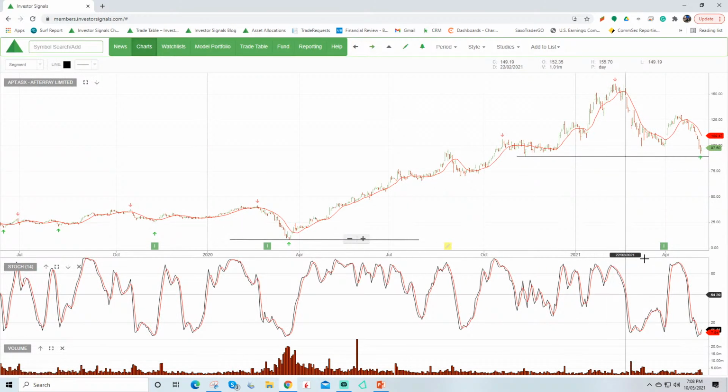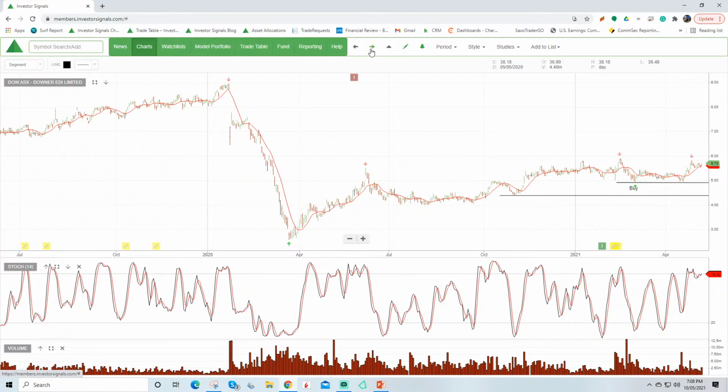Afterpay under algorithm buy conditions, but it certainly is expensive. And the risks here, some investment banks have a price target of $30 on Afterpay, some have price targets of $150. So there's a wide disparity there in what is fair value. But what we do know is that for it to justify these current prices, the company has to essentially double in size over the next 2 to 3 years, and whether that's possible creates some risk. So from our point of view, it sits at the higher end of the risk spectrum, but just highlighting that it is under current algorithm buy signals and support there just below $100.